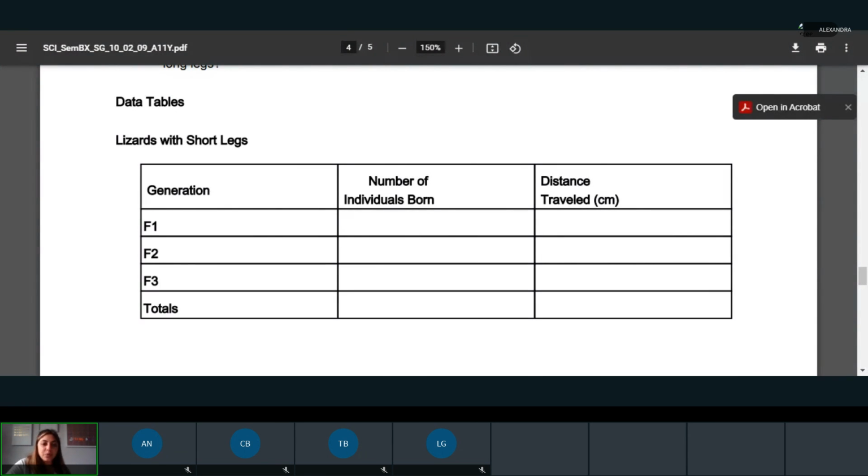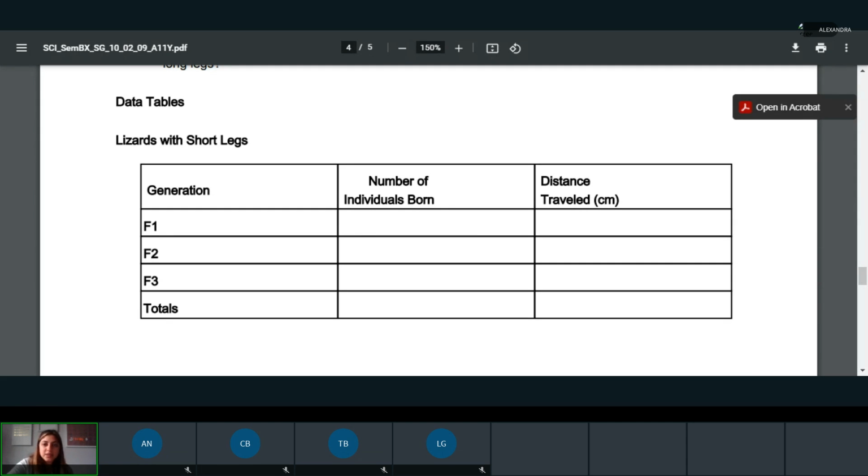So my second roll was 6, so I have another offspring that's born with long legs. I'm going to go ahead and do this 4 more times. You guys should do it as well. So make sure that you're writing down what you get. I've got 2 more rolls to do. All right, so I've got my offspring.